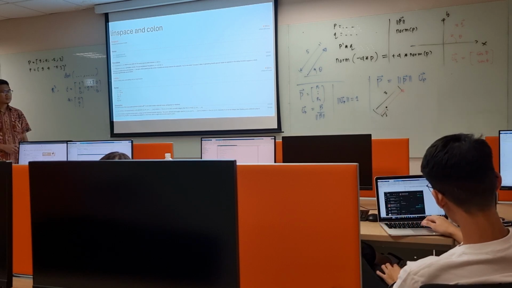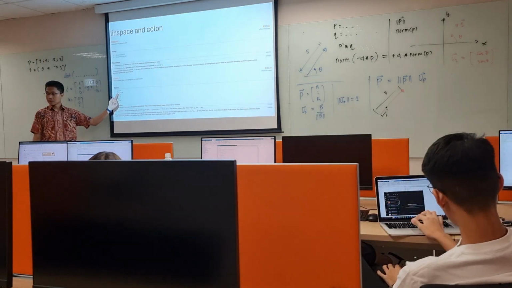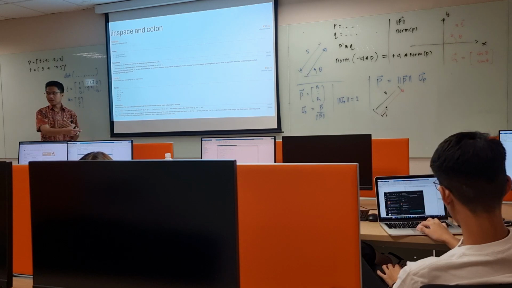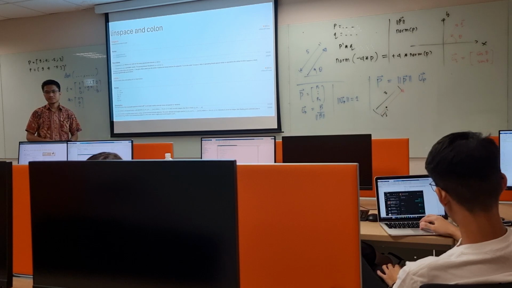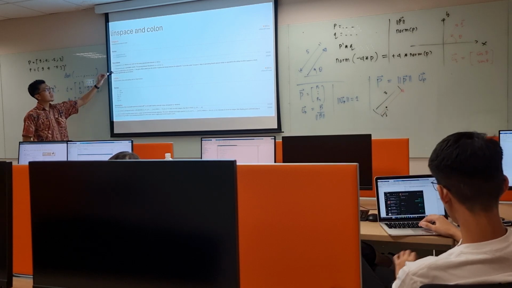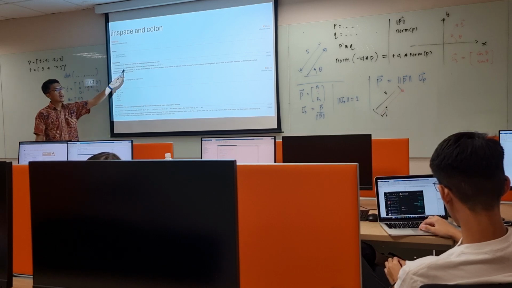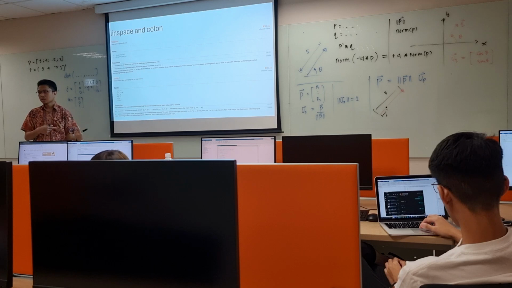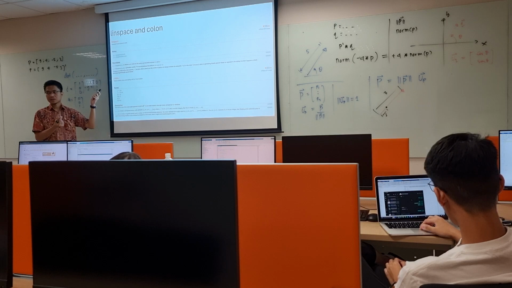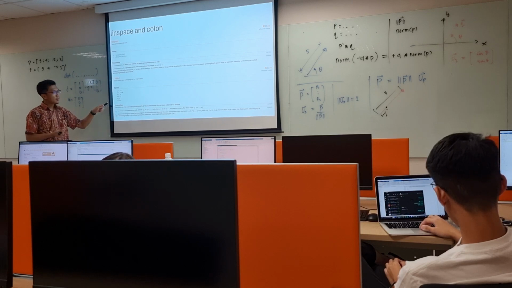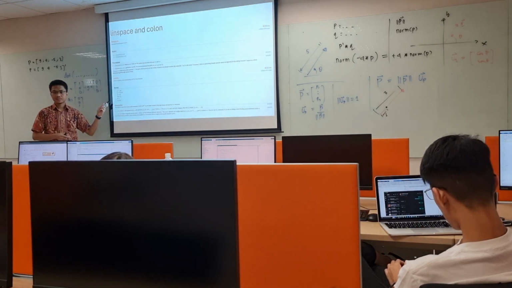This one. J is the start value of your array. K is the end value of your array. What about I? Yeah, the increment of your array. What's so good about linspace is that you can directly determine how many points you want to have in the array. But you cannot directly specify the interval in the linspace. If you want to precisely define the interval in the array, you use the colon.